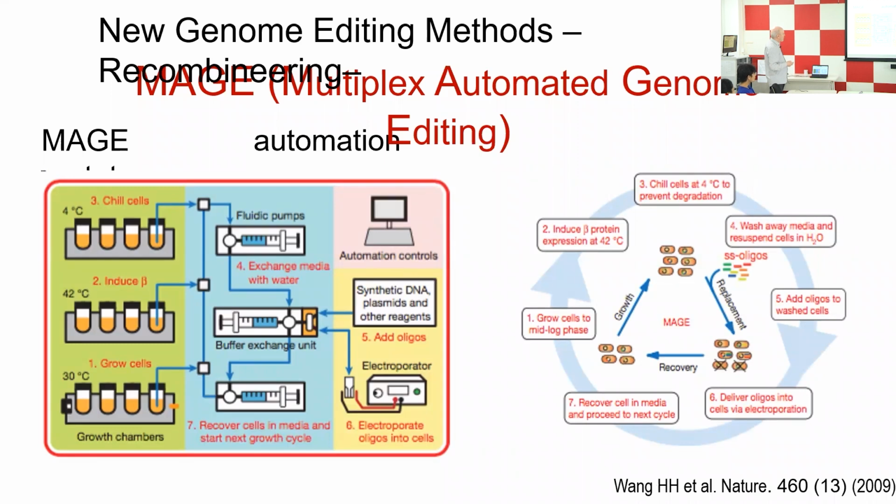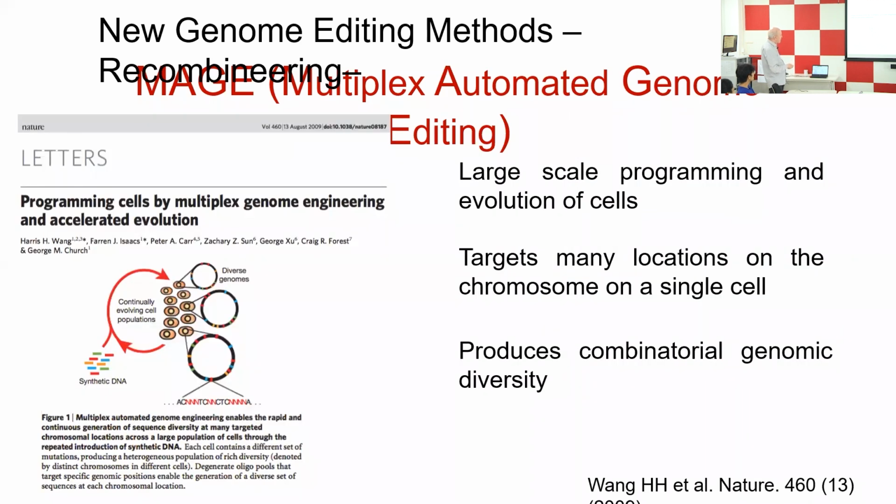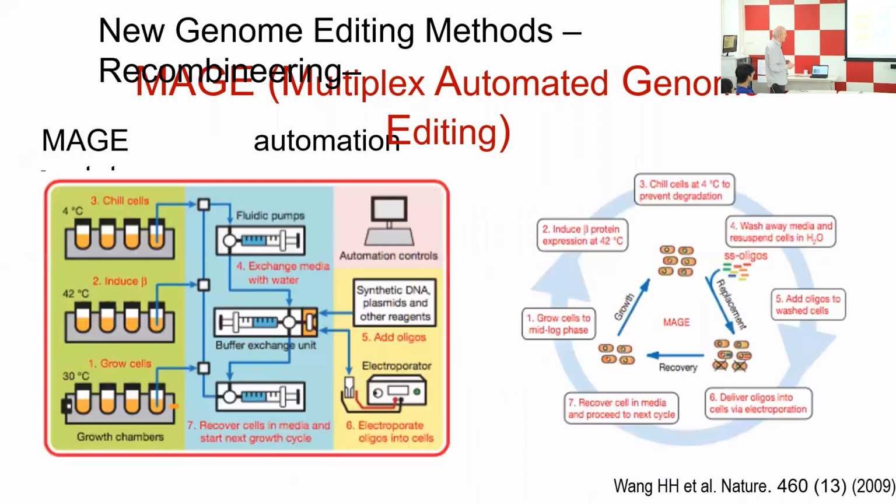in this case, what we have here is that the population of cells, instead of being transformed with just one oligo, is transformed simultaneously with many mutagenic oligos, okay? Like here. So you have the cells, you are in point 1, then you induce expression of the recombinase, then you chill the cells, you wash away, you add the oligos, you deliver the oligos through electroporation, you recover the cells in selective media, and then you grow them again, and then you take a look at the phenotype that you're interested in. And if the phenotype has not developed completely, then go over and over and over and over